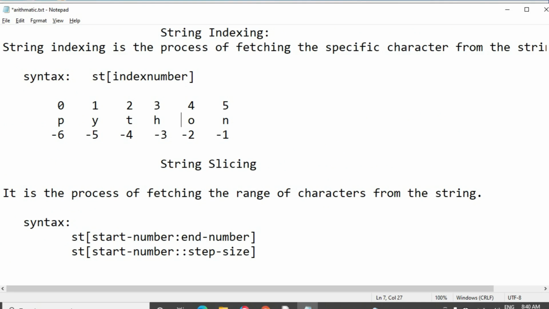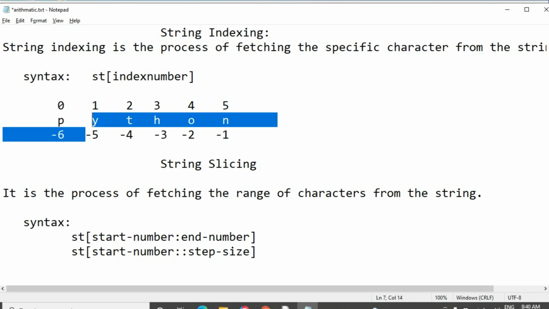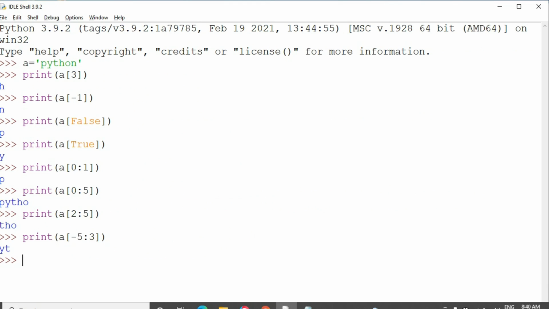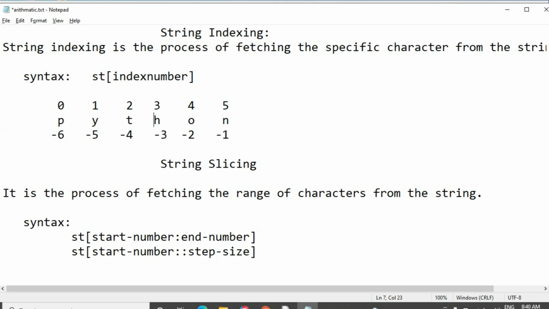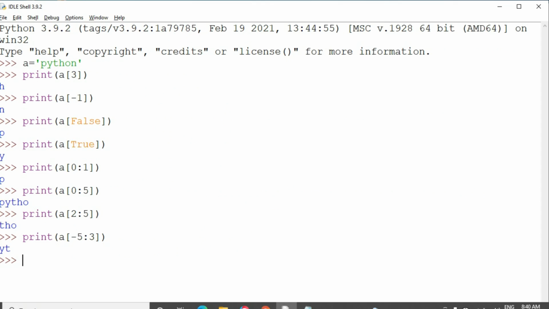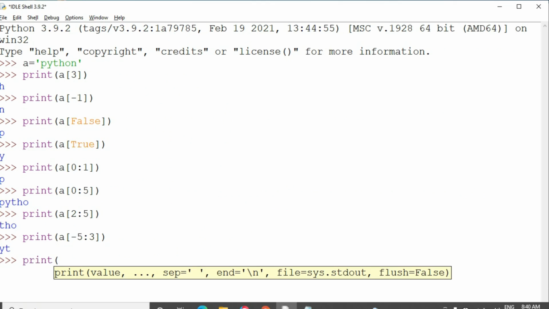Let's see how it will come. It has come. Minus 5 is what character? This one, Y. Okay, minus 5 to 3. The third position is H. Basically, n number is 3 means it will consider 3 minus 1 equal to 2. So these 2 characters have come. So we got Y and T.